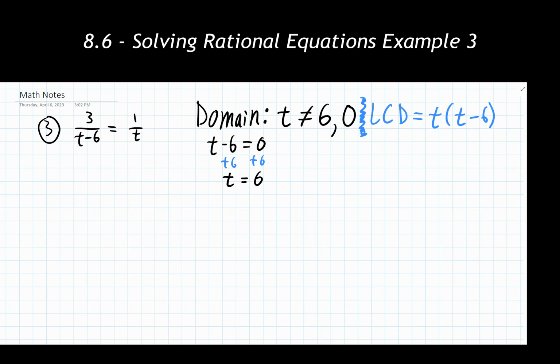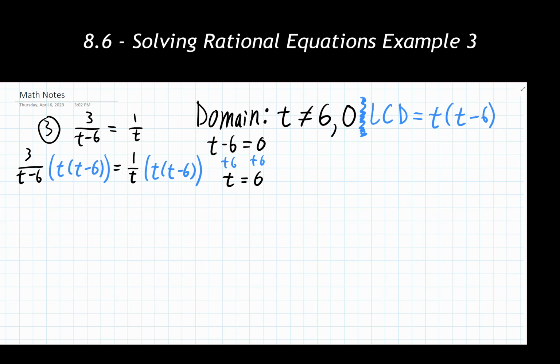Step 3 says to multiply both sides of the equation, meaning all terms, by that lowest common denominator. We're starting to get into some examples where we're going to see something much larger multiplying out now. You might think that seems like a lot of work to write all of that. If you're able to keep track of it and do a good portion of it in your head, you're welcome to do so. But I think writing it out makes it way clearer what is going to cancel in our next steps. So we multiplied everything out.